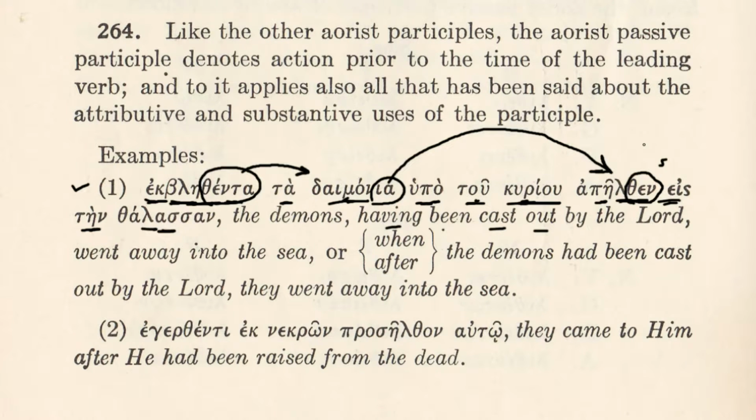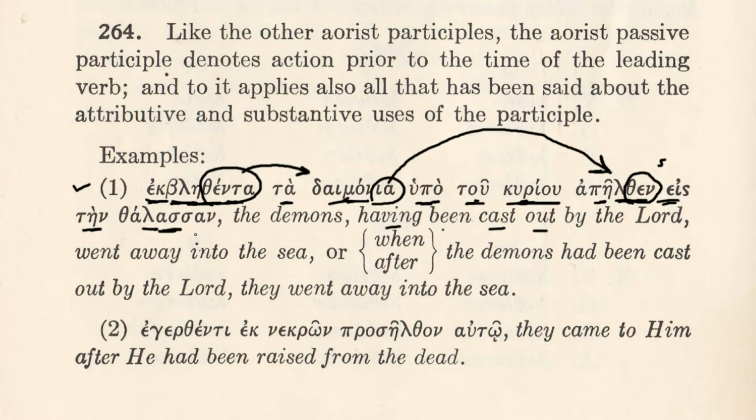We don't know the word for swine yet, do we? That's probably an allusion to the parable in which Jesus sends the swine into the sea, having been possessed of those demons, but we'll have to leave a little simpler Greek for our usage at this point. But do you see how that works? So one more time, just to put it all together. The demons, having been cast out by the Lord, went away into the sea. Our next sentence, this is the example number 2.